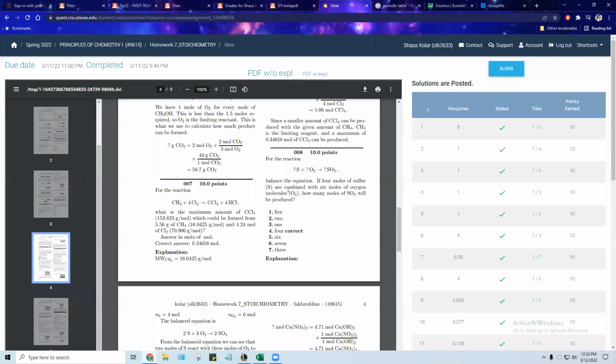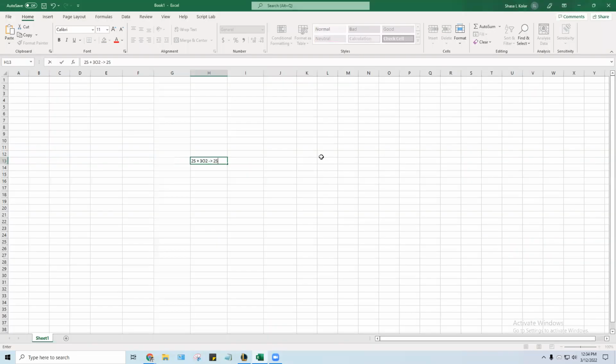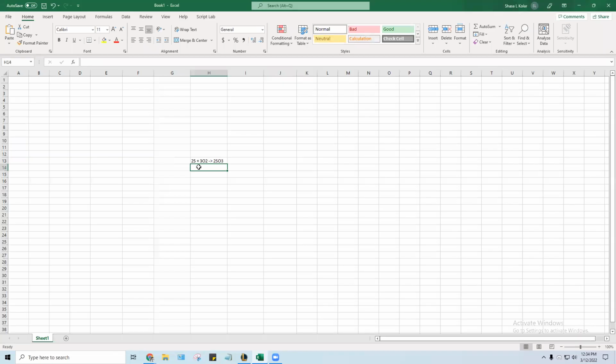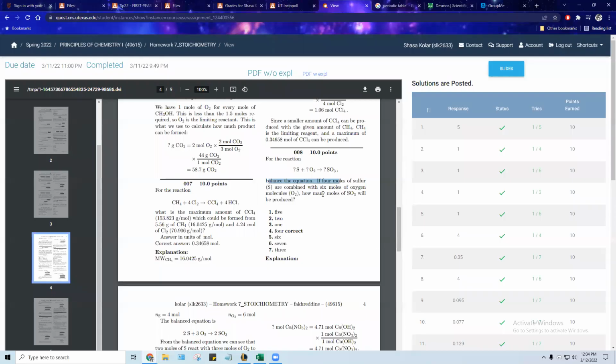Makes 2SO3. So this is our balanced equation. You can see we have 6 oxygens over here, 6 oxygens over here, 2 sulfurs over here, 2 sulfurs over here. Very balanced. So now it's saying if 4 moles of sulfur are combined